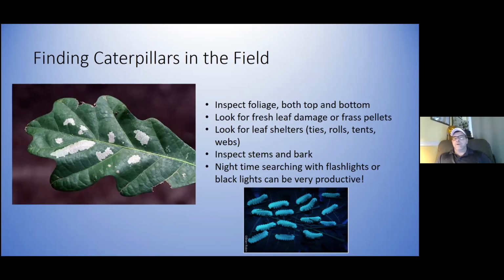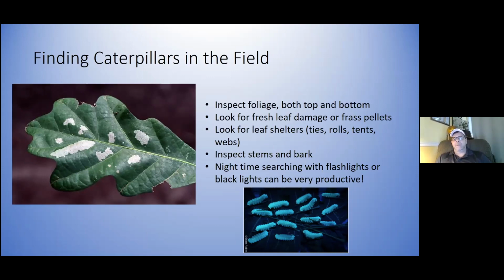So if you want to find them, where do you go and how do you do it? My preferred method is to just look, right? So you inspect foliage on interesting host plants by looking carefully on both the top and the bottom of individual leaves, or you can turn over whole branches if they're flexible enough. And you want to look for fresh leaf damage, or if you're lucky enough to see frass pellets that have fallen on a leaf or on the ground, then look up right above it and see what you see